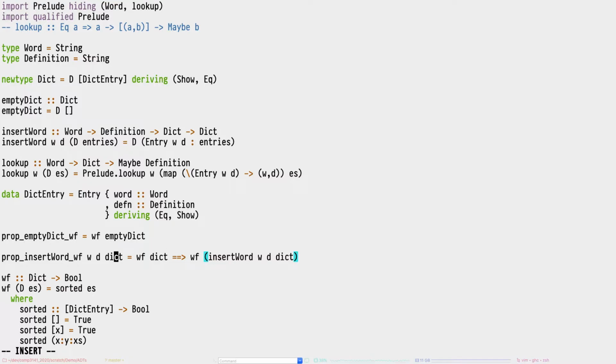Essentially, what QuickCheck will do once we implement arbitrary for dictionary is, if we just picked any arbitrary dictionary, the chances of it being well formed, the chances of the dictionary entries being sorted, is pretty low. So if we have this requirement that the dictionary is well formed, and we just generate any arbitrary dictionary, the chances of this predicate being satisfied is pretty low, and therefore it will discard a lot of test cases and ultimately give up. So the way to fix this is to make sure that when we generate our dictionaries, we